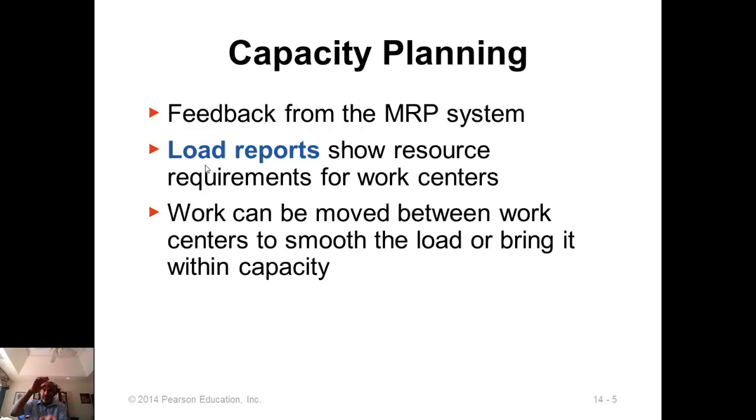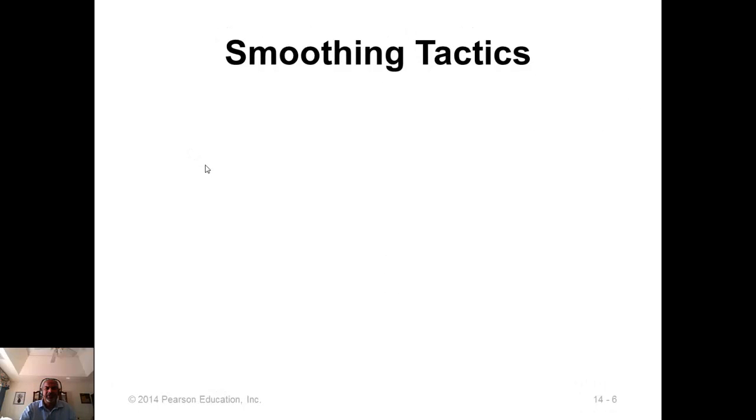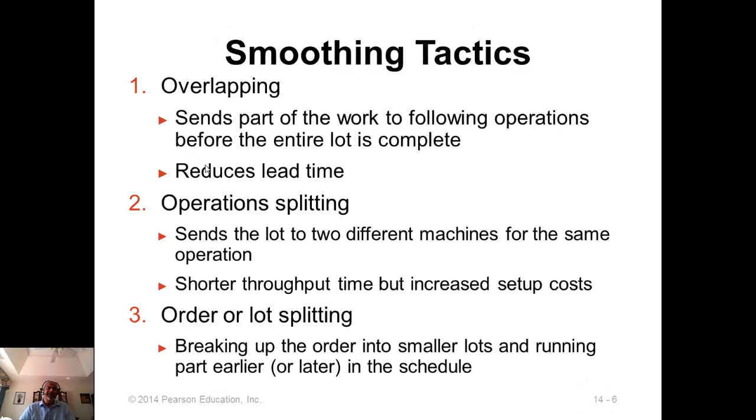And when there is a capacity shortage, how do you deal with that? There are 3 smoothing techniques or tactics that we can use. One is called overlapping. Overlapping is when you split the lot size. So if you have, say, 100 units,